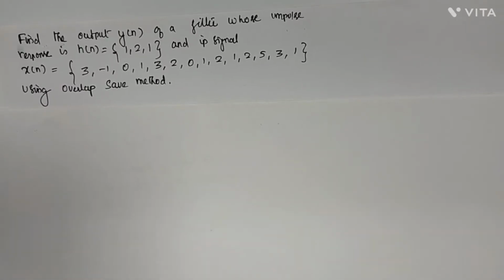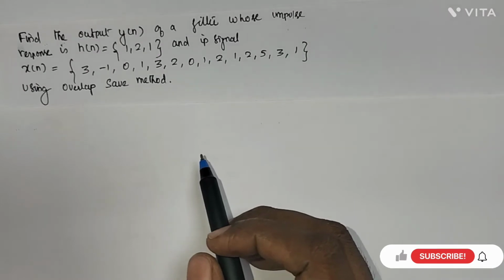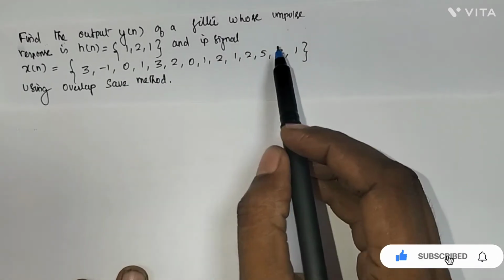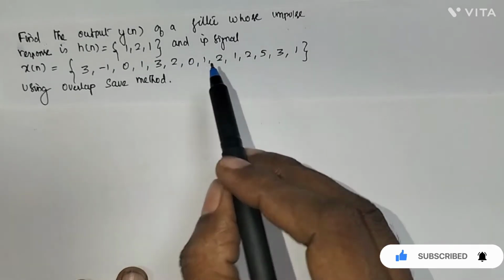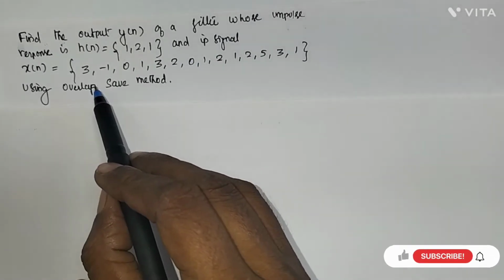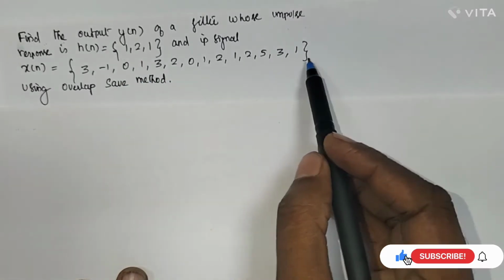Hello viewers, in the last video we saw how to find the IDFT for a given sequence using the DIF FFT algorithm. Today we are going to see how to find the output of a filter whose impulse response is h of n equal to 1, 2, 1 and the input signal, that is the sequence x of n equal to 3, minus 1, 0, 1, 3, 2, 0, 1, 2, 1, 2, 5, 3, 1